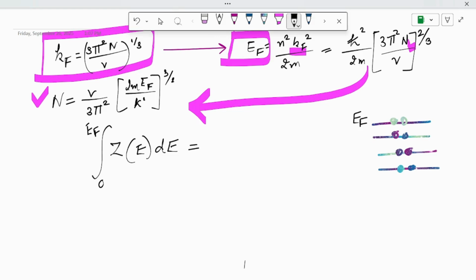So if we want to calculate or count the number of levels from 0 to EF, we will integrate this factor from 0 to EF, and it should come out to be equal to N, because now we are talking about the electronic states, not about the energy states. That means how many electrons will be here. So simply putting the value of N from this expression, we will find that the integral of Z(E)dE from 0 to EF comes out to be